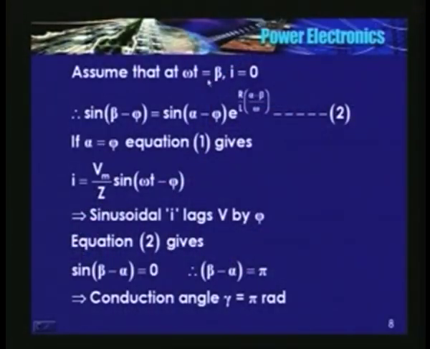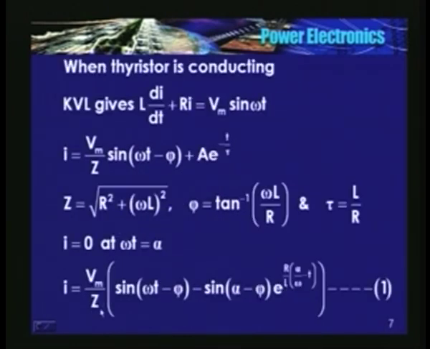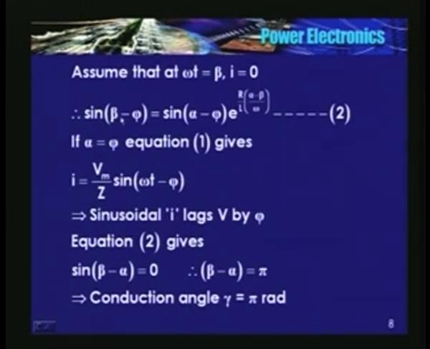Now, so this is the equation. Assume that at omega t is equal to beta, I will again become 0. So you substitute this condition in the previous equation. So what do I get? You will get sine beta minus phi is equal to sine alpha minus phi in this term. Now, if alpha is equal to phi, in other words, if the trigger angle is same as the power factor angle,